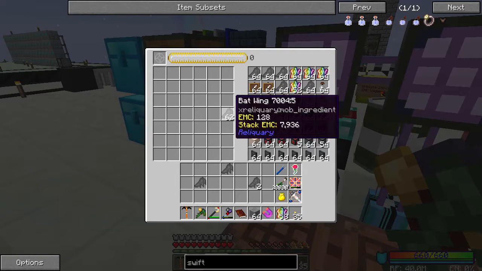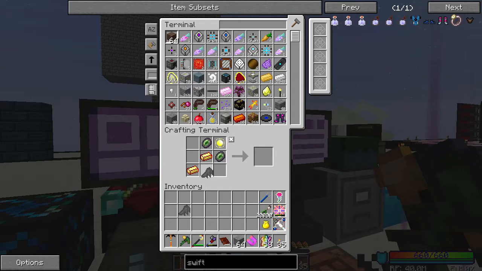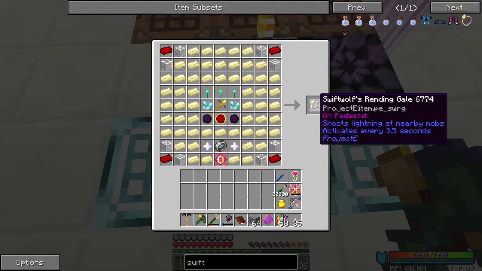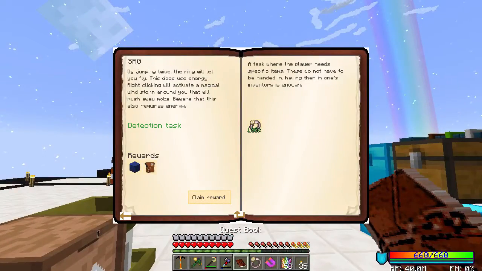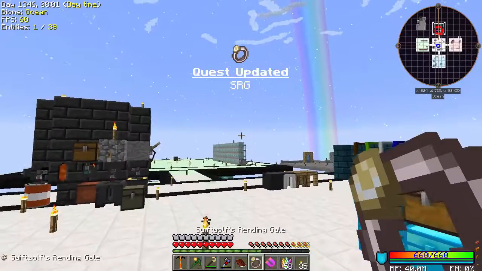Let's get 2 bat wings. Let's just keep a stack of bat wings in reserve. So there is Rending Gale. And now we have Swiftwolf's Rending Gale. And that is the quest. So that is the last quest there. We're going to get 2 rewards. We're going to get a reward bag and the normal thing. And this thing,